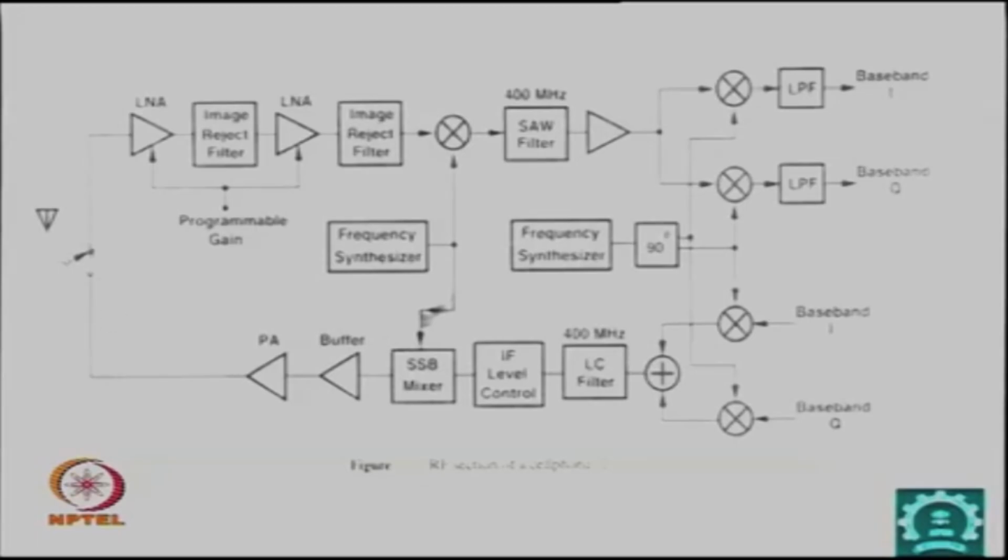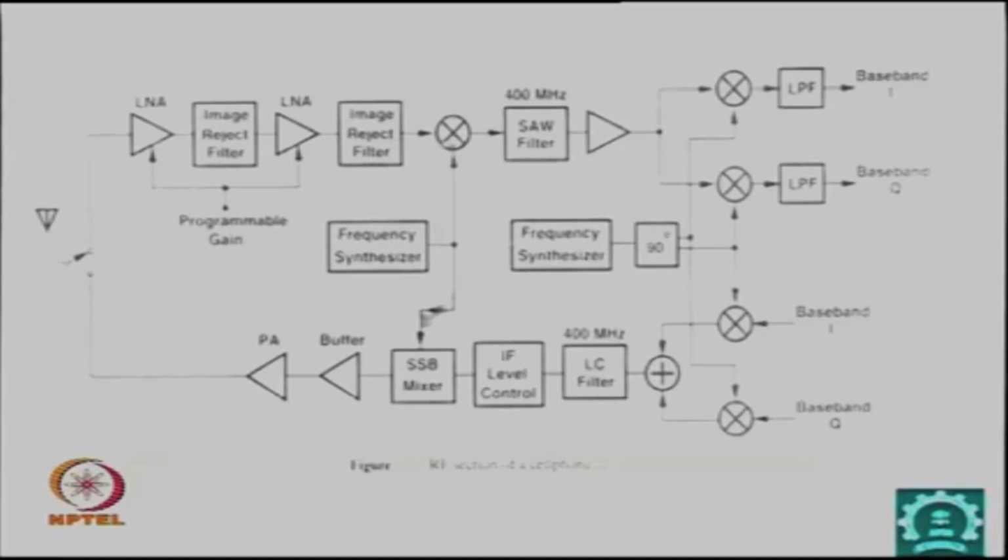If you see it, there is a filter, an image reject filter. Essentially it occurs because of the way you receive the signal and pass it through an amplifier. There is a band which will be reflected by the Fourier transform, so you will see an image somewhere else, and if that image comes closer, it acts as noise. So you need an extremely low noise amplifier, which is shown here,